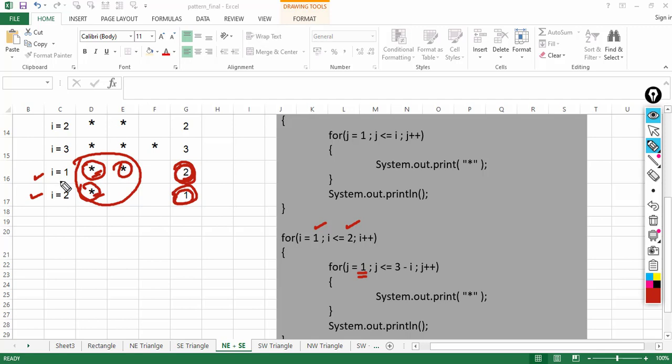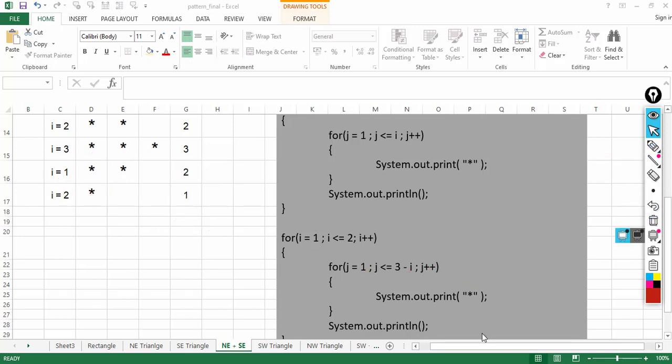So when I is 1, we need to make use of this value of I. Okay, so if I do 3 minus 1, I'll get 2, and if I do 3 minus 2, I'll get 1. So j will start from 1 and go up till 3 minus I. Whenever this condition is true, star gets printed. So star will get printed here, here and here. So this is how you will print the combination of both the patterns. Thank you.